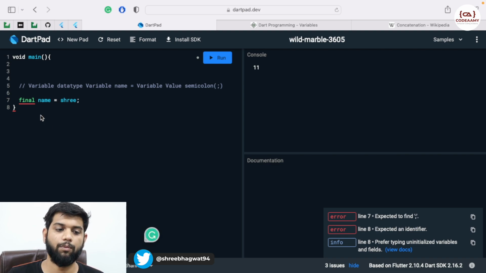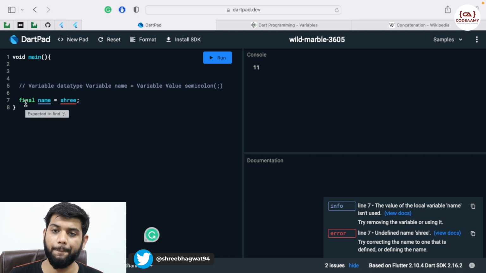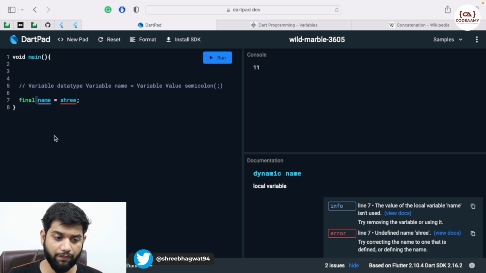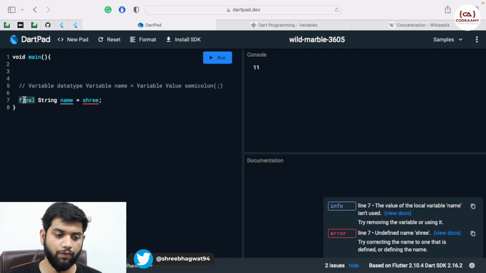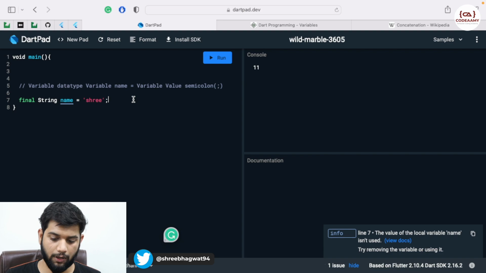But final is our identifier, and we have to give the variable type, that is string. So final string name is equal to Shri, and this should be inside. Now let me print and make sure this is working.